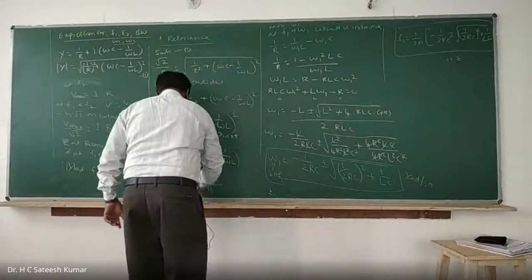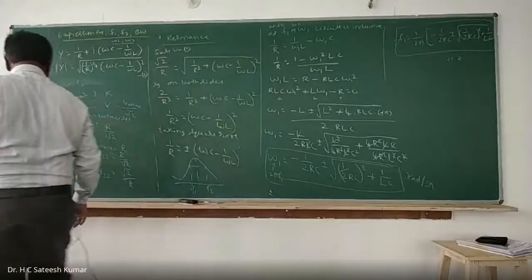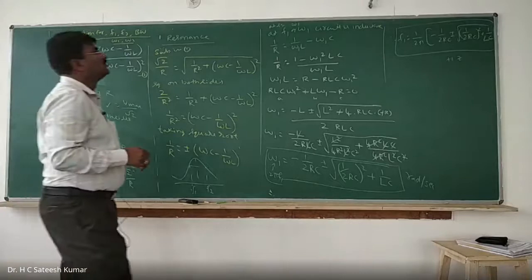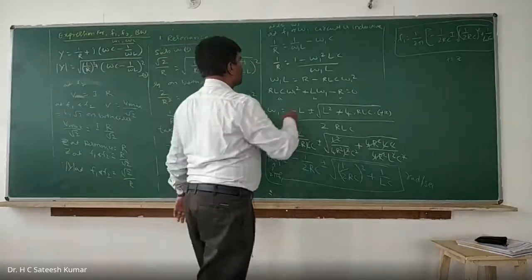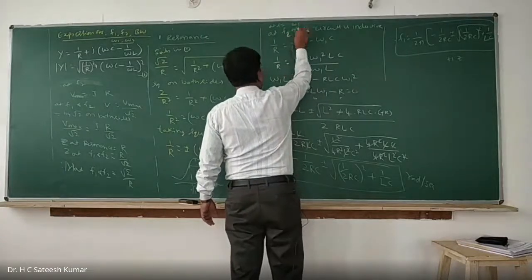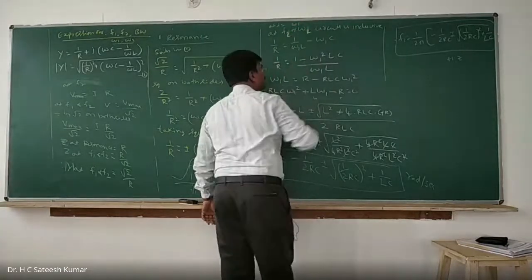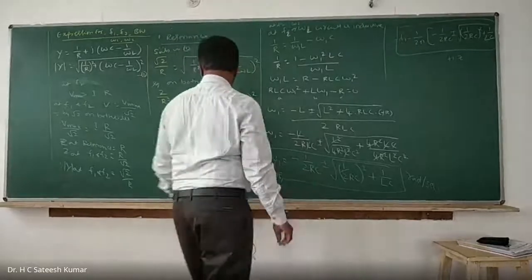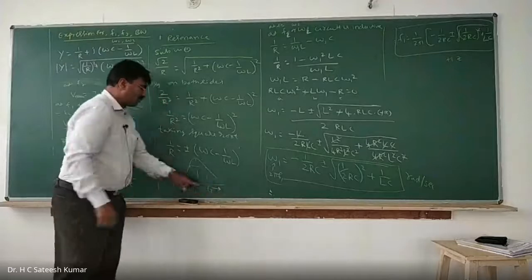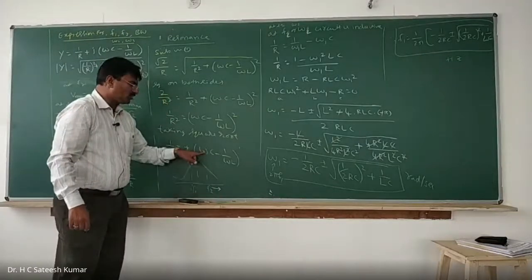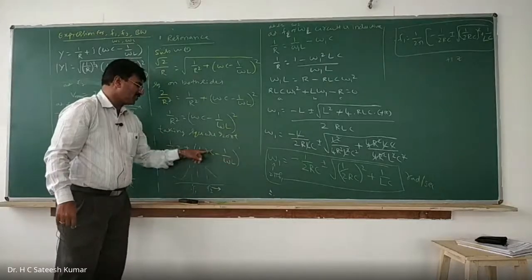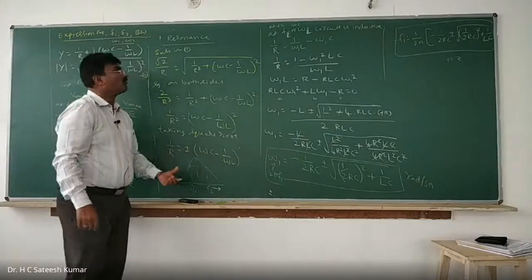Now, what about upper cutoff frequency? Upper cutoff frequency would be of this sort. At f equal to upper cutoff frequency, what will you get? So, at f equal to f2 and omega equal to omega 2, you will have the circuit... see, at f2 what will happen? F2 is more, which means this is more, this is less, because 1 by the more is nothing but less. Therefore, this is more. So, the circuit becomes capacitive.